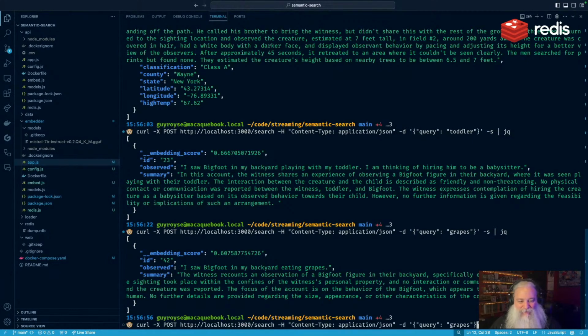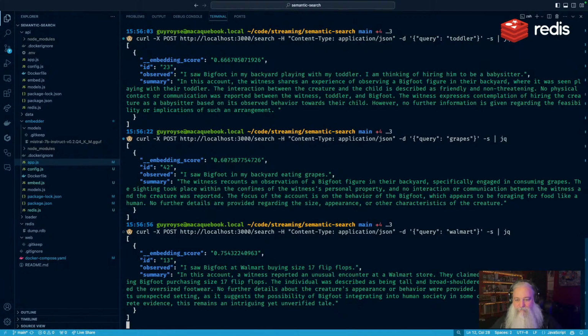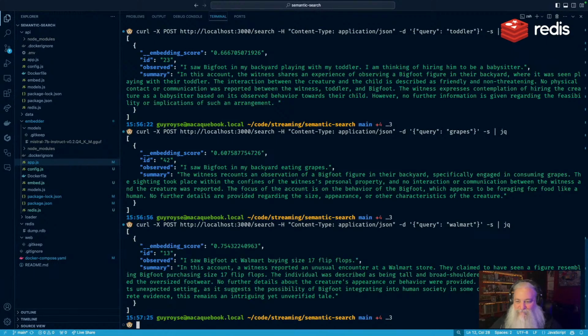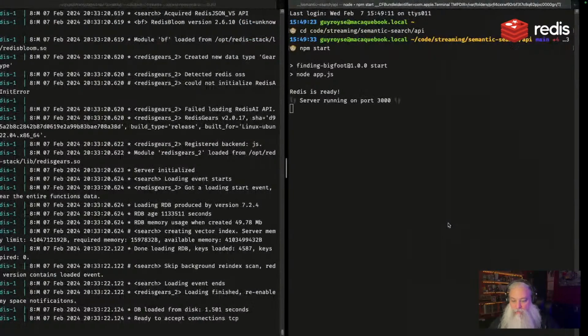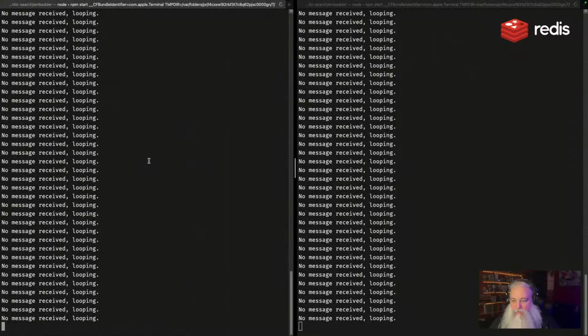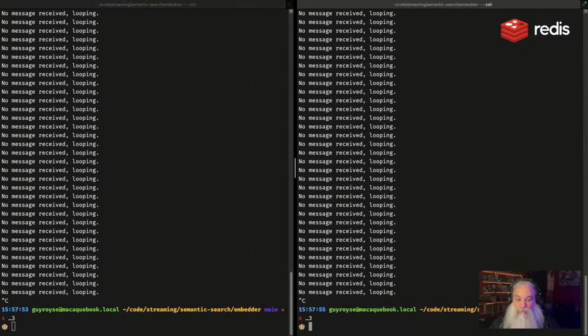And I guess we have to search for Walmart, don't we? Yeah, so that one has these are quite delightful. So, okay, well, I am very satisfied with that. That is working. I'm able to fan these up and do them in parallel if I so desire. I'm going to go ahead and shut all this down. I think we are going to do a git commit so that you all can poke around with this yourself. So let's go ahead and actually those sightings will be in there